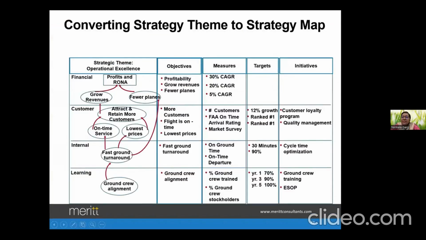So when you do this, now I can't just say, okay, turnaround time. It is a strategic objective. So you have now said, these are my strategic objectives at an internal business process or at a customer level. That means at a customer, attracting and retaining more. Now I need to have what? Certain objectives, measures, targets, because I want to track them. I want to make them tactical. I want to make them operational.